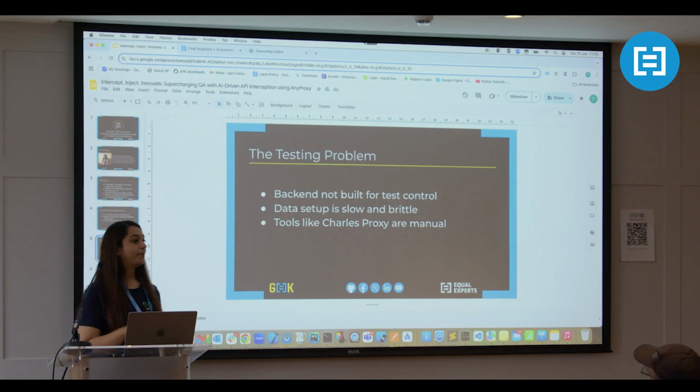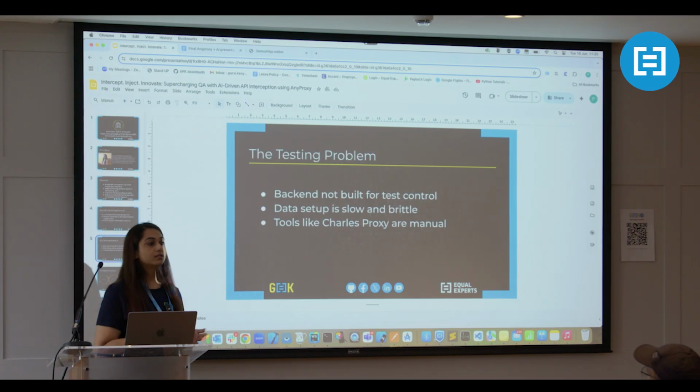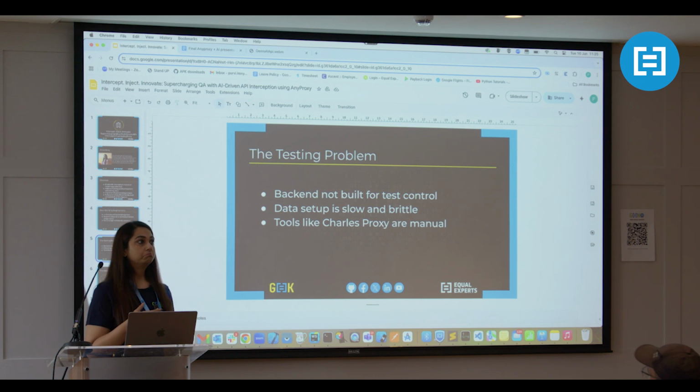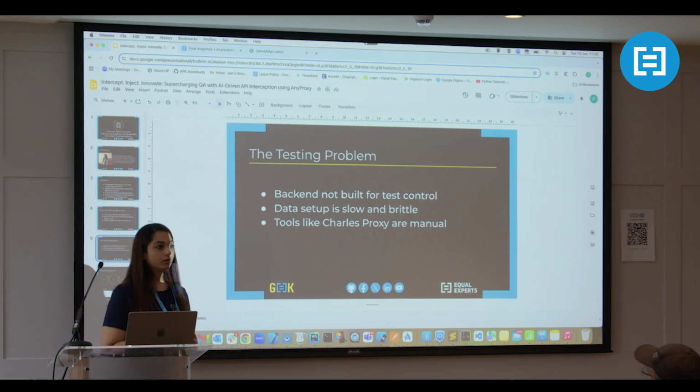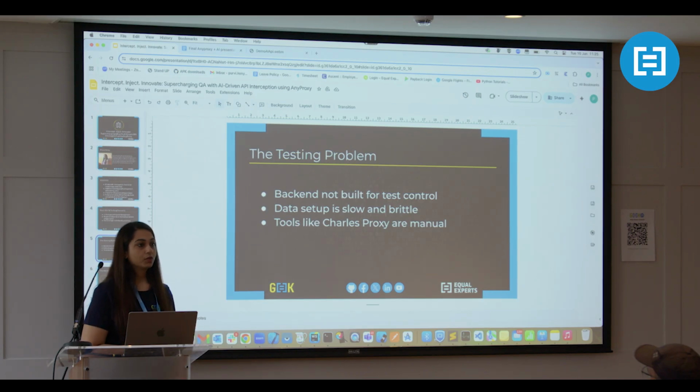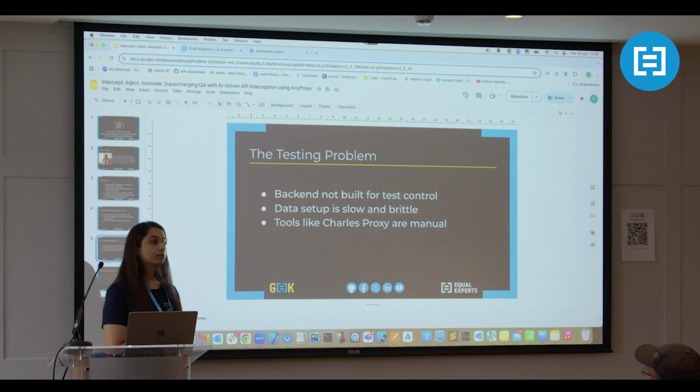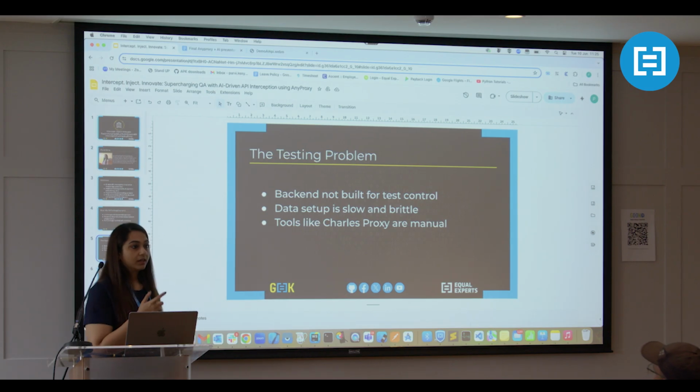The backend that we are talking about is normally not built in a way that it sends us the response that we want whenever we want. There were three main solutions to this. One is to create all the data possible to get all the responses. But the problem is that the data gets outdated.